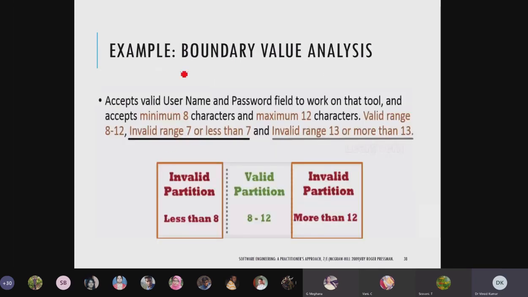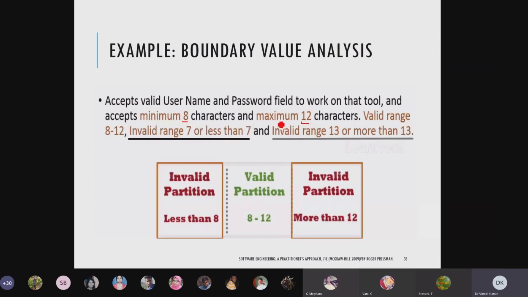You can see here a real life example that we come across frequently. It accepts a valid username and password field to work on the tool, and it accepts minimum 8 characters and maximum 12 characters. So these are the conditions.